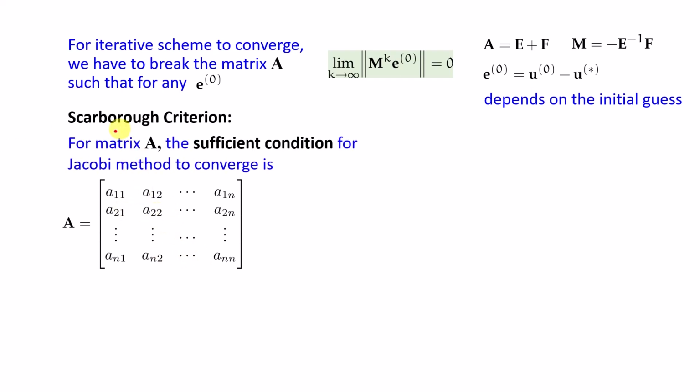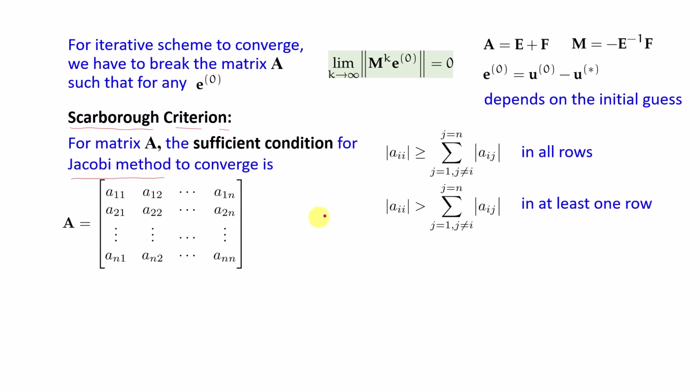Now there is a criteria which we call Scarborough criteria, is a very famous criteria. It says that for this matrix A here, the sufficient condition for Jacobi method to converge is for each of this row, if I take this diagonal element, its value